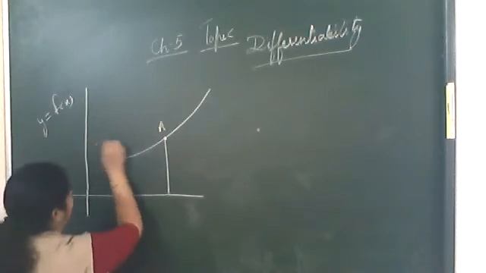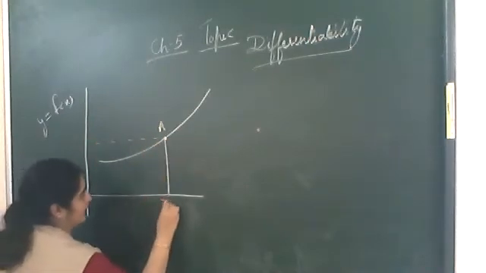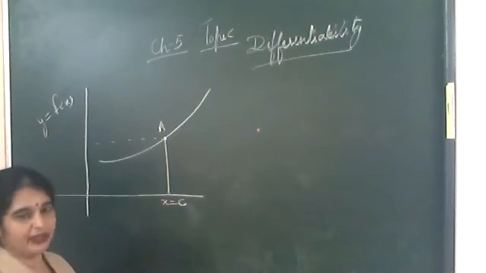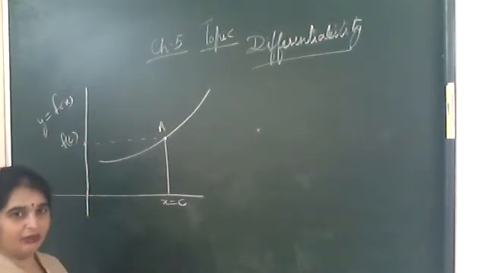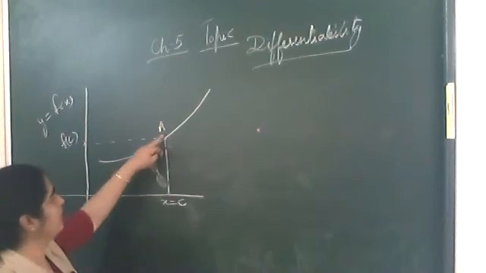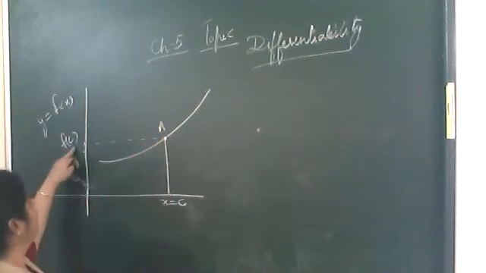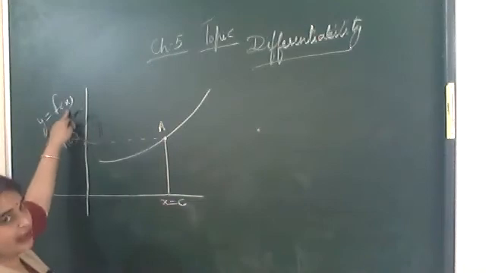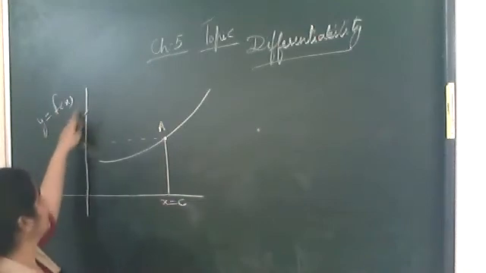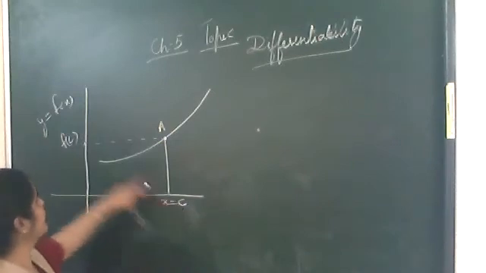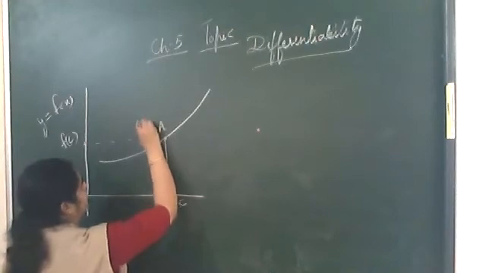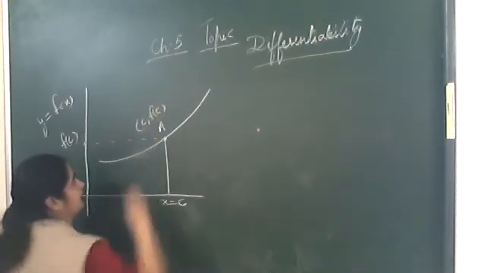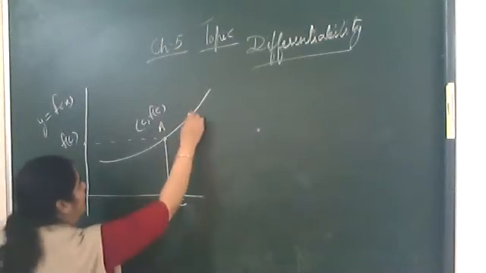Now what are the x and y coordinates here? Let it be x is equal to c, because we calculated at c earlier, so I am taking the same point, x is equal to c. We have two coordinates of a point, x and y. If x is c, then y will be equal to f of c, since the function is y is equal to f(x). So the coordinates will be c and f of c. Is this clear?